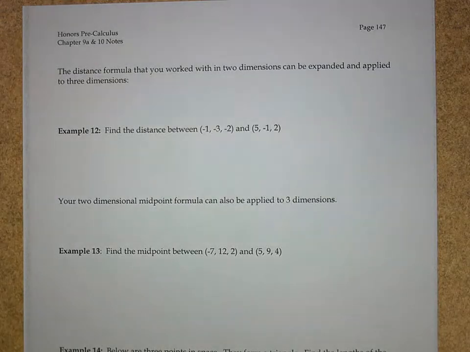When we use our distance and midpoint formula, we're going to use the exact same format as we did in 2 dimensions, but it's going to be expanded to 3 dimensions with a z term. So you know the distance formula in 2 dimensions was the square root of x2 minus x1 squared plus y2 minus y1 squared. Same exact formula is going to apply in 3 dimensions, except we're going to add a